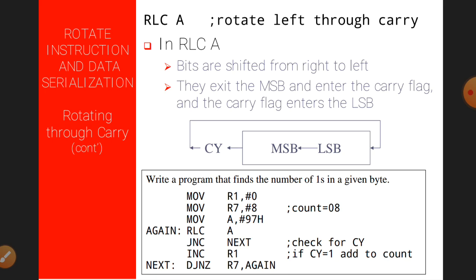The R7 register we are using as a counter here. We need to check how many ones there are in those 8 bits. So if I have a full number, that number has 8 bits. Out of those 8 bits, how many ones are there, that we need to check. So I have to check the 8 bits and find the number of ones.